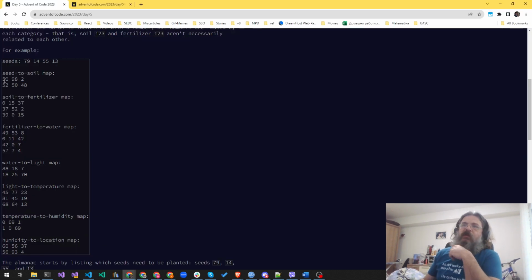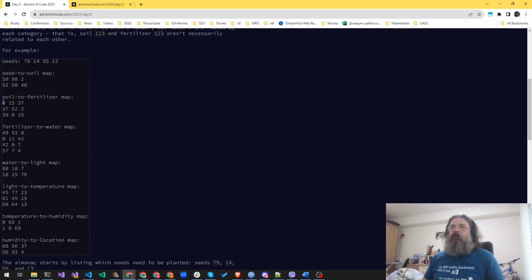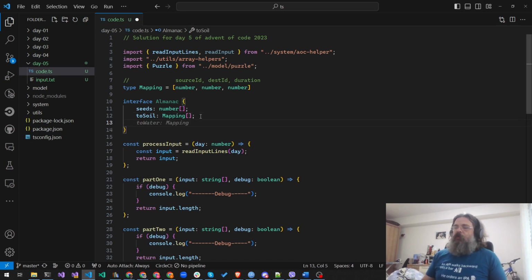So this means that starting from 50, we need to map to 98, and that mapping is valid for two steps. So 50 and 51, and 52 maps to 50, and 53 maps to 51, and so on and so forth. And that goes on for 48 items. So this will be a mapping array, because we have 1, 2, 3 mappings, and we have 4 mappings, and then we have